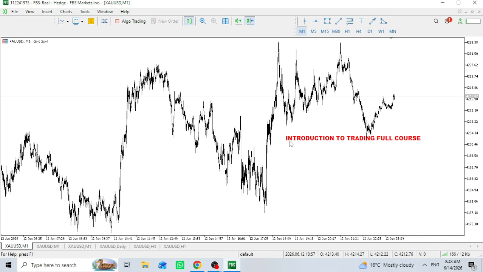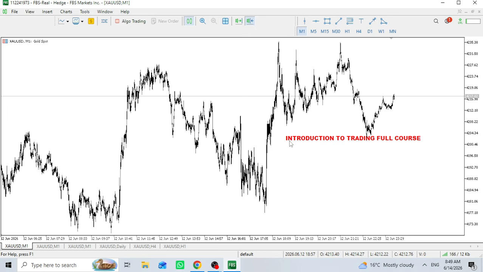Now, if you want to start trading, what do you need? I'm teaching you like a kid, someone who has never learned forex before. What do you need? First, you will need a laptop or a phone, but in the long term, you will need a laptop. Agreed? You are going to need a laptop.